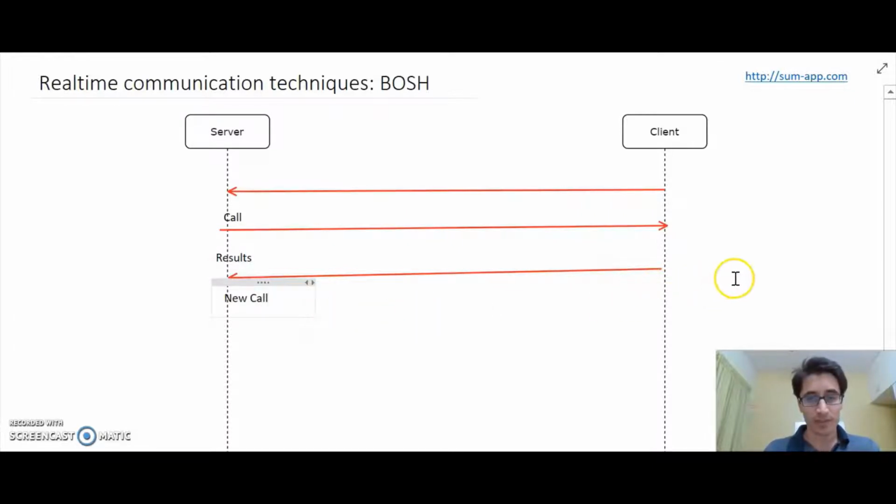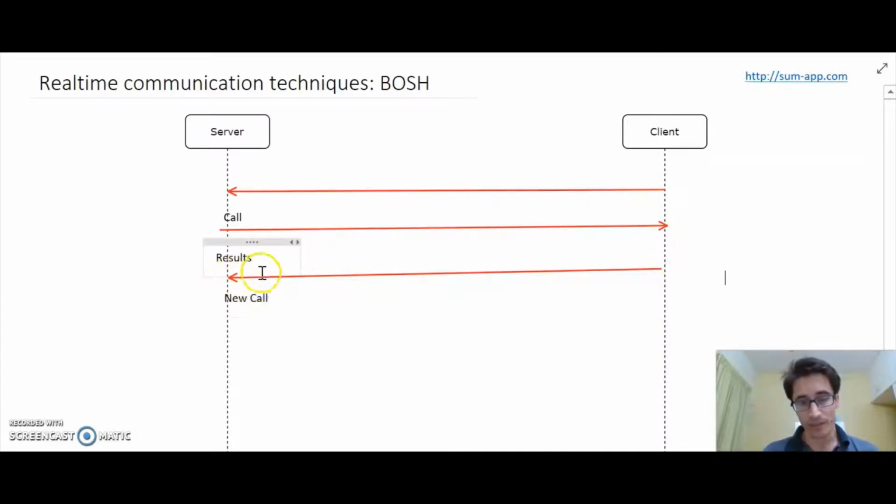But this time, since nothing has happened on the server, this call would be blocked, or you could say this call is pending, as if the HTTP call is consuming a lot of time. So what you see is effectively we have implemented a bidirectional stream, because the moment, let's start with the first call. So client wanted to get the first snapshot of the results, so it calls the server and gets the results back. Then it processes the results and immediately makes a new call.